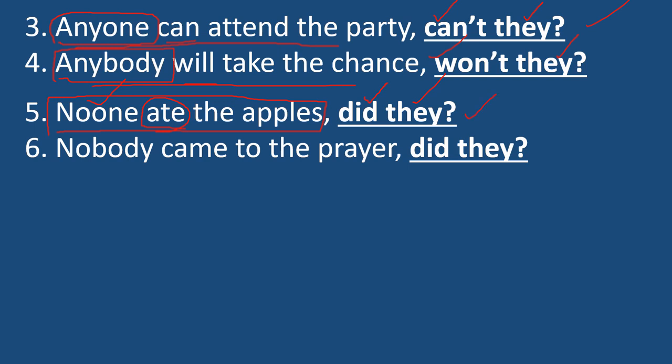Next one, nobody came to the prayer. In the same way, nobody gives the negative sense. Nobody is an indefinite pronoun, so we should write they as subject pronoun. Came is the second form of the verb, that is in the simple past. There is no any auxiliary verb in the sentence, so came is the second form of the verb. We should write did as an auxiliary verb. Don't write didn't because nobody came to the prayer is the negative statement. There should be positive question tag. Now one,